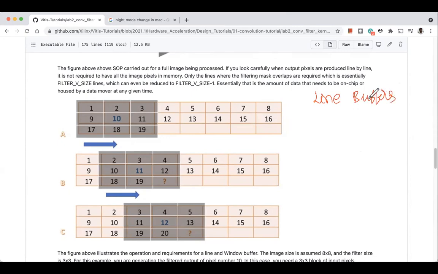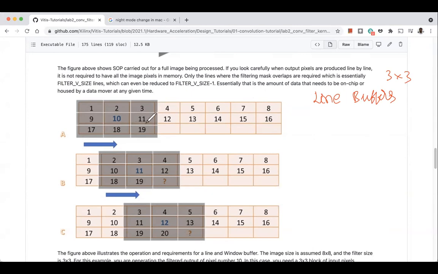Let's say we are processing an image, and instead of a 15x15 filter, we are working on a 3x3 filter. The image width is 8 pixels and it has some height. When we start processing the image, we will not be able to apply the filter until we at least get to the third row.